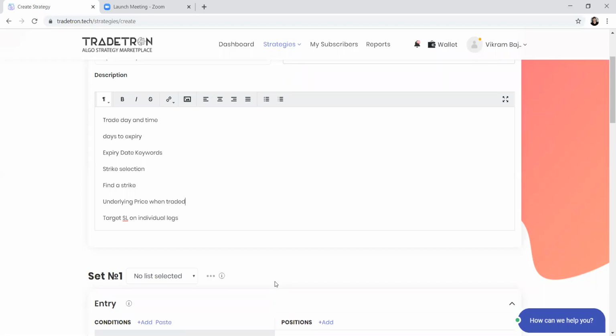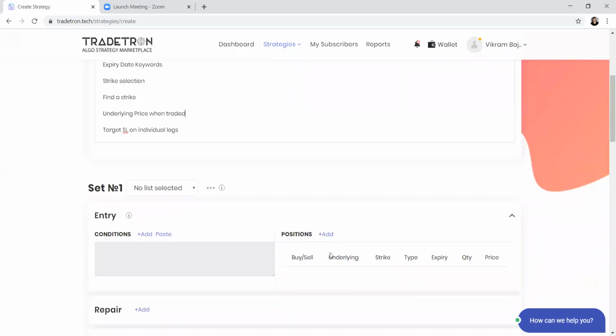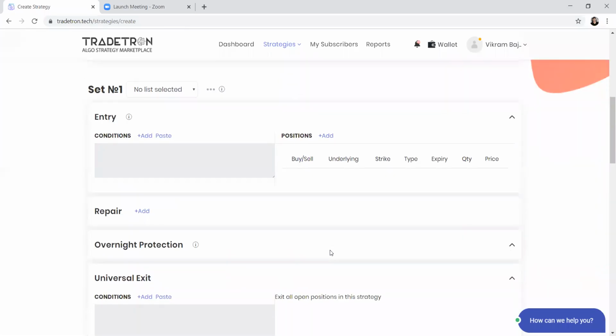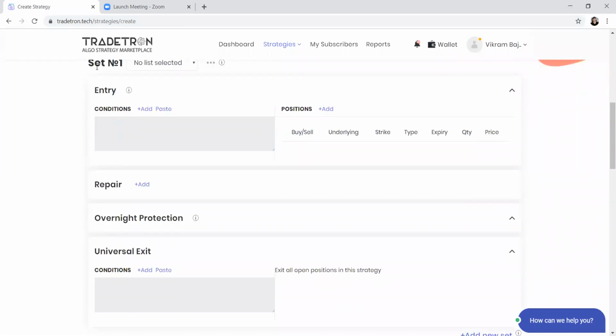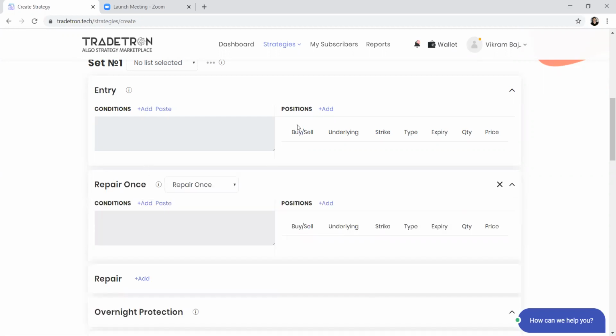Before discussing the keywords, I'll quickly explain the flow of strategy creation. Any strategy can have one or more sets. Every set has an entry condition, exit condition, and repair condition. Exit condition doesn't have any position block. Entry and repair conditions have position blocks. Whatever positions you add here will get executed when the entry condition is satisfied.